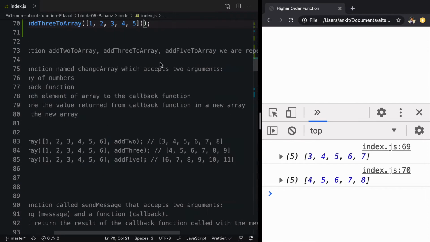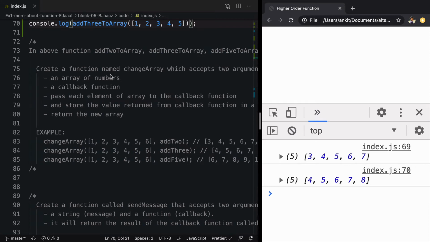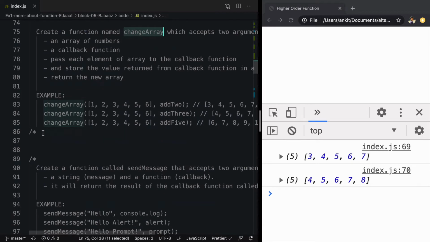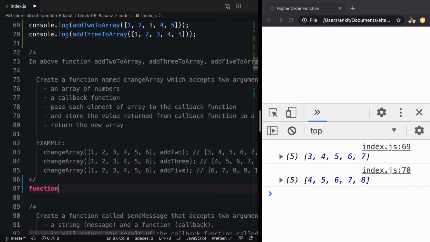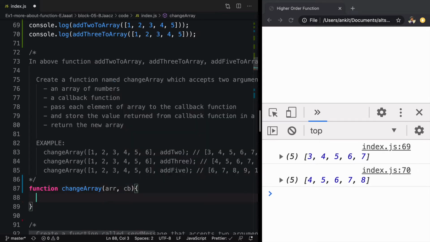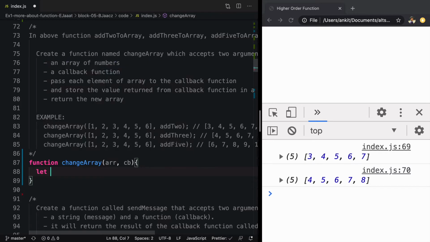In our function, we are repeating the code. Let's fix this. So create a function named changeArray which accepts 2 arguments, an array and a callback function. What we need to do is to loop over all. We'll say let final is equal to a blank array.